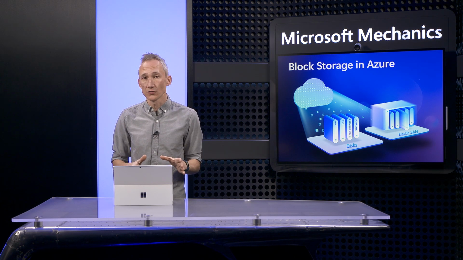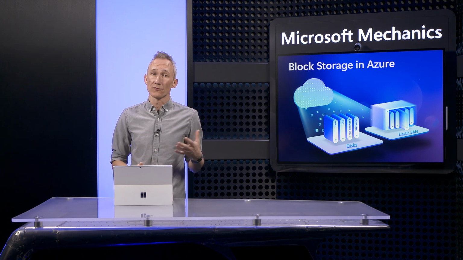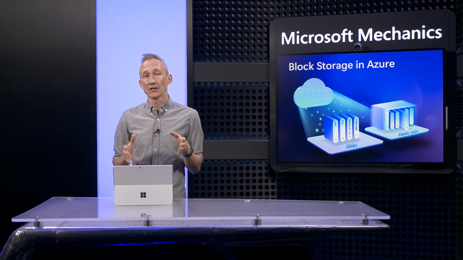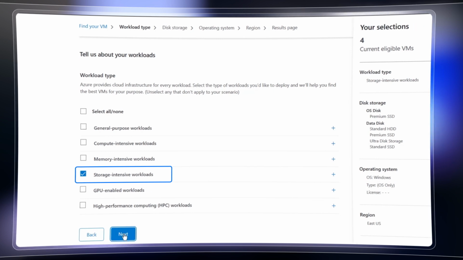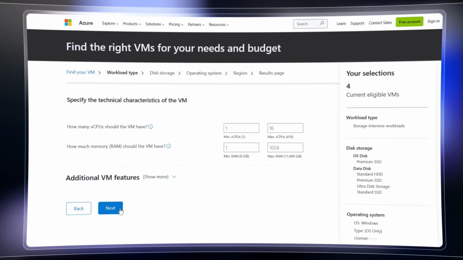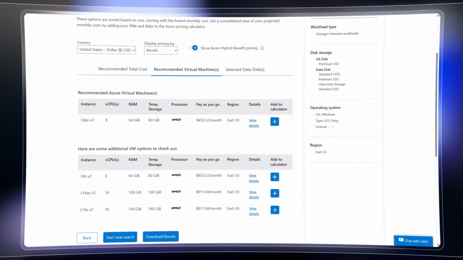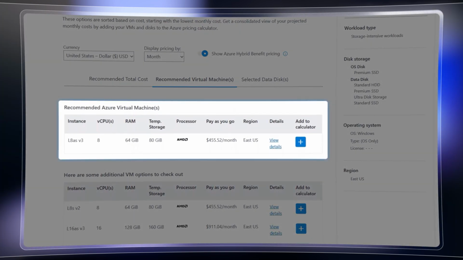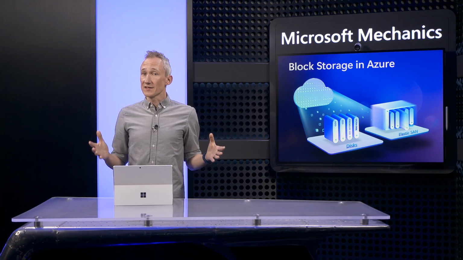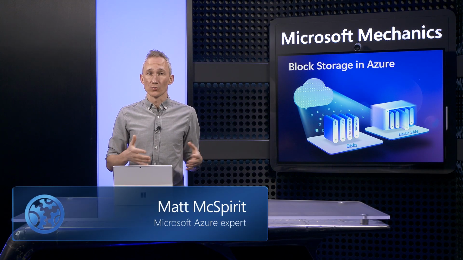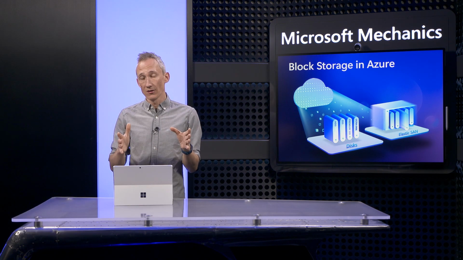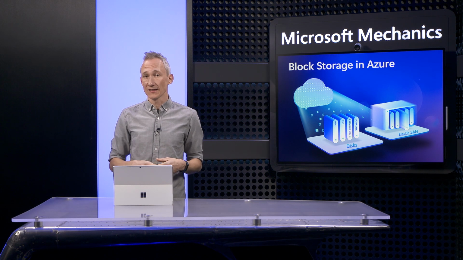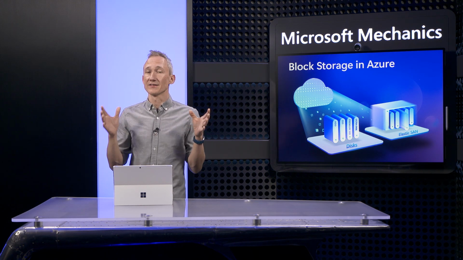Second, once you understand your disk storage requirements and you've decided on your preferred storage option, you need to choose a matching VM IOPS and throughput performance level to avoid capping your storage IOPS and throughput. Using the Azure Virtual Machine Selector, you can specify your requirements along with the technical specifications of your VM, and the tool will identify the best VM and disk storage combination for your needs. So those are the essential things to know about block storage options with Azure Disk Storage and Azure Elastic SAN to help you achieve the best price performance at scale while benefiting from Azure's industry-leading SLAs for high availability, resiliency, and disaster recovery.